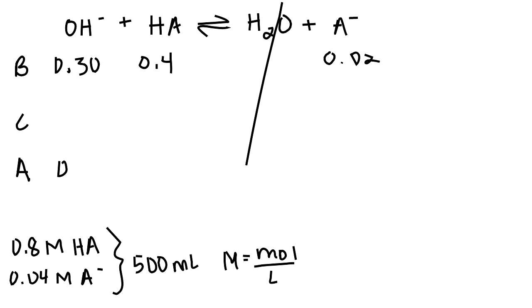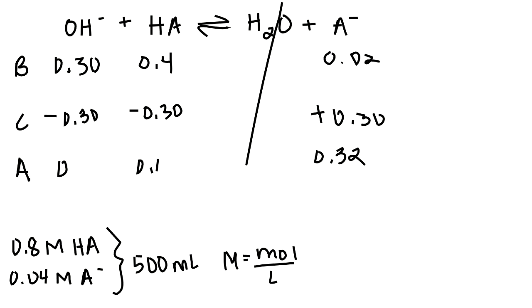If B is 0.3 and A is 0, that means the change has to be 0.3. So for our reactants, we're going to subtract 0.3. And for our product, we're going to add 0.3. So it's the same thing we saw with an ICE table, minus X plus X. But in this case, it's very easy for us to find what X is. So that means for HA, it's going to be 0.1. For A minus, it's going to be